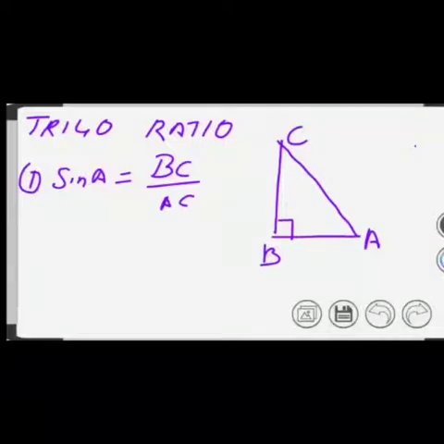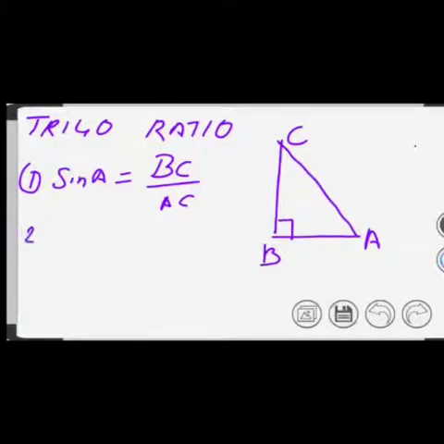Now, in this triangle, ABC is a right angle triangle, right angled at B. Now we can see sin A is a ratio. It is a trigonometric ratio, one of the trigonometric ratios out of 6, in which sin A is the ratio of side opposite to angle A, that is BC, upon hypotenuse. In terms of sides, hypotenuse is AC. So we have the ratio of sides BC upon AC, that is sin A.